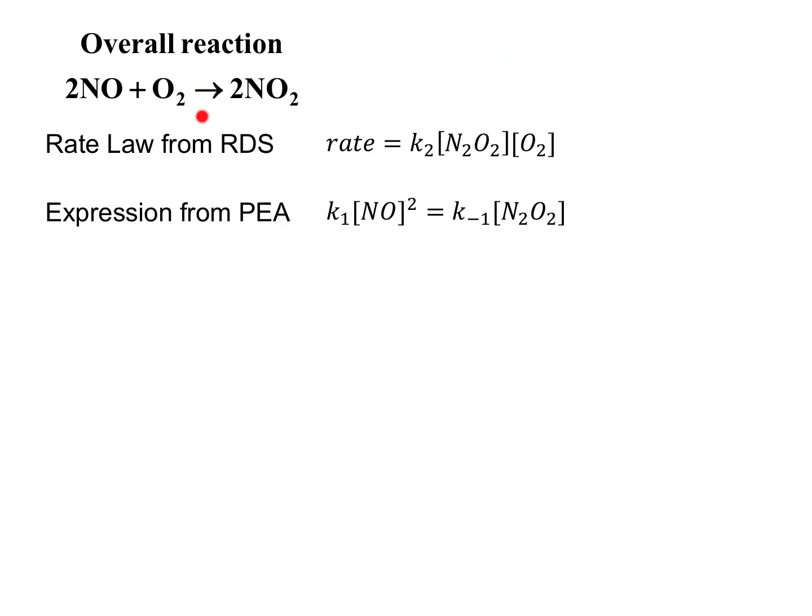Right, so this is our overall reaction. Our rate law from applying the concept of the rate determining step is this, but it's got the intermediate in here that we don't want. But by applying the pre-equilibrium approximation, we were able to write this expression. And so what I can do now is I'm going to solve for N2O2, and then once I have an expression for N2O2, I'm going to plug it back in here, and hopefully I'll be able to remove any intermediates from this rate law. And so by solving for N2O2 in this reaction, I want to divide both sides by K minus 1. And so I end up with the concentration of N2O2